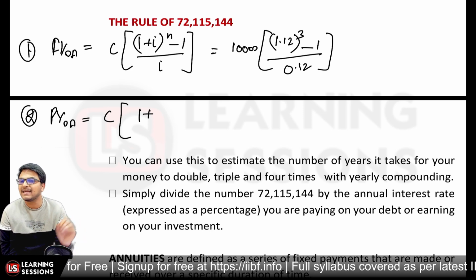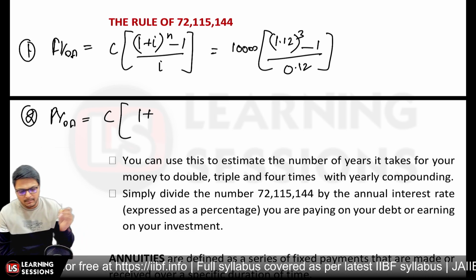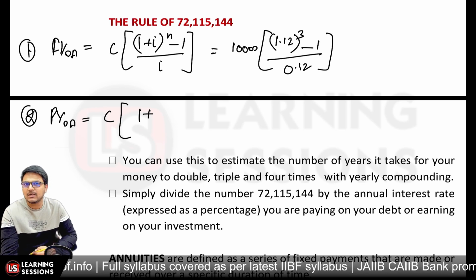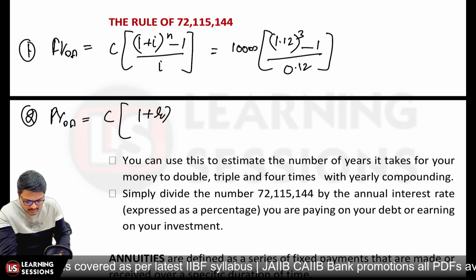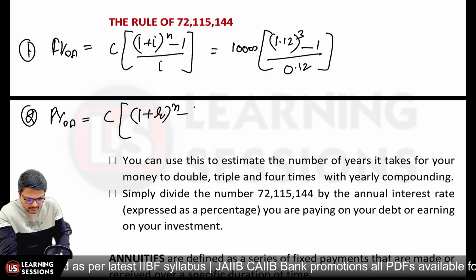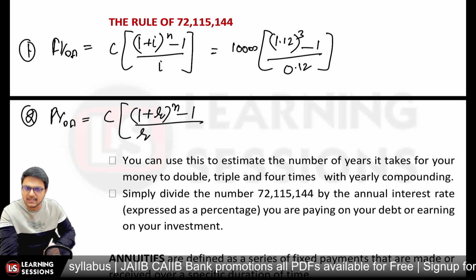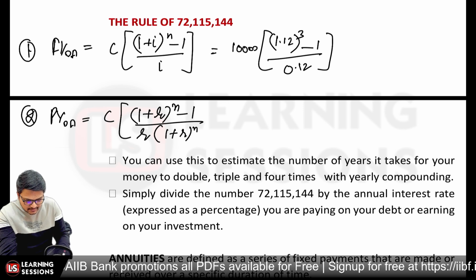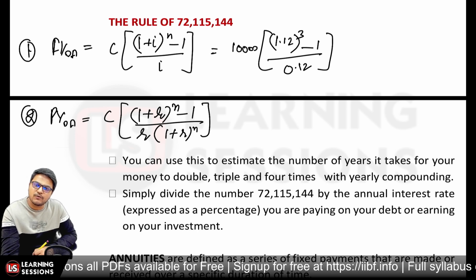Mathematically, there is no difference between i and R over there. i is the interest rate, R is the discount rate. Both are rates, but as per the structure we use for calculating the present value, we represent it by R. Small r is related to the discount rate. So it is (1 plus R) raised to power n minus 1 divided by R. These formulas are quite identical, just multiplying with (1 plus R) raised to power n. That's it. And this is the present value formula for ordinary annuity.